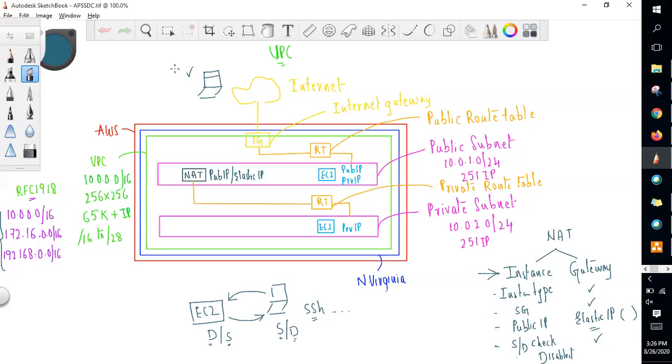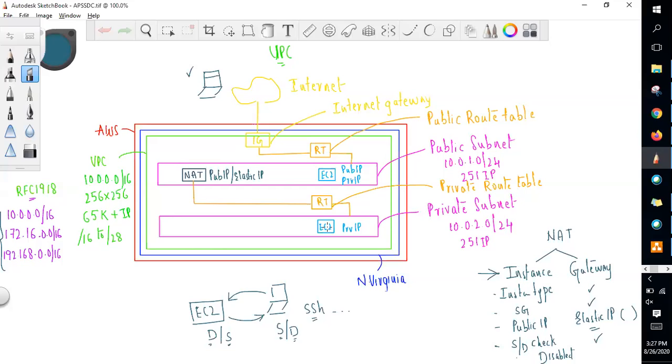I have finished connecting the private address to the public one, but it will show that it is connecting and will still not connect. It will keep going on. When we connect from the public instance to the private instance, this instance will not be able to access the internet. In order to get internet access, you should go for NAT.